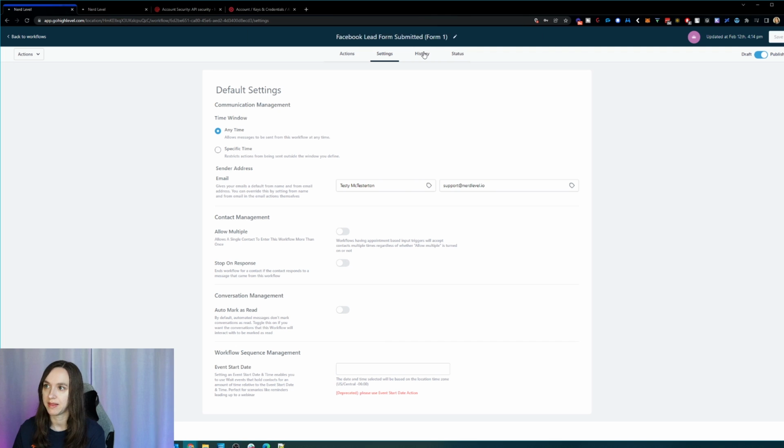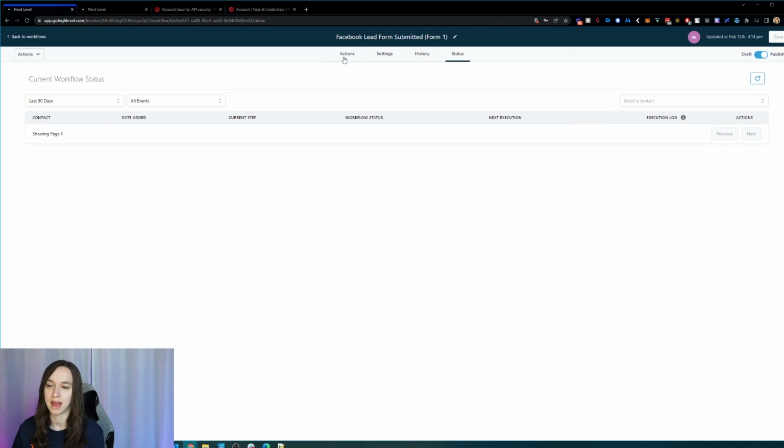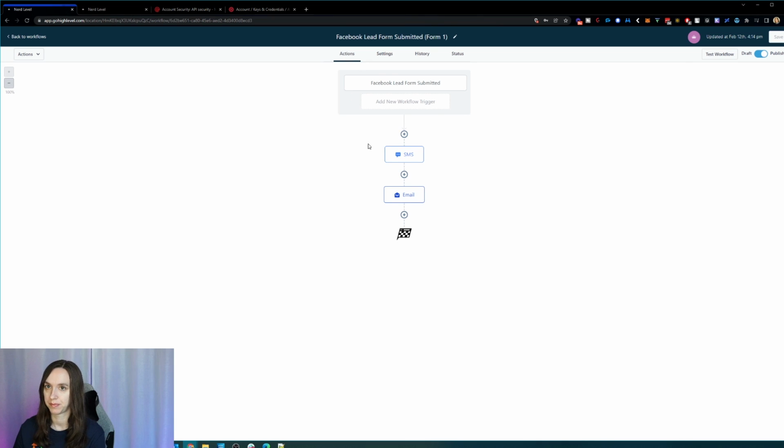And then here you can see history and status on how many times this thing has run. So we have our Facebook set up, we have our flow set up and our autoresponders set up, and we've tested it, which means that we should have working communication back and forth inside of High Level.